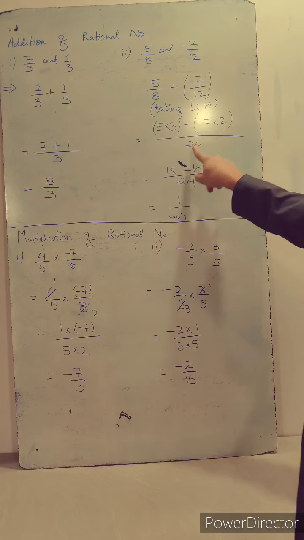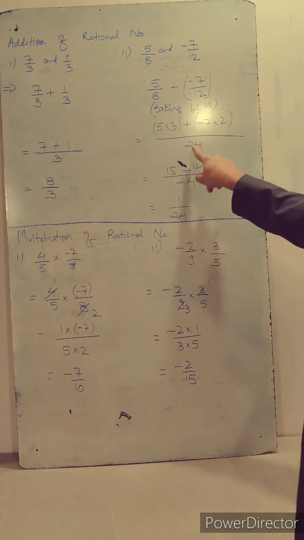Now we will learn how to subtract any two rational numbers. We have taken two examples. First one is we have to subtract 4 by 5 from 1 by 5. Second one is we have to subtract 3 by 11 from minus 8 upon 9. So 1 by 5 minus 4 by 5. Here we observe that the denominators are the same. There is no need to change the numerator. We will write as it is, 1 minus 4. That is minus 3 by 5.